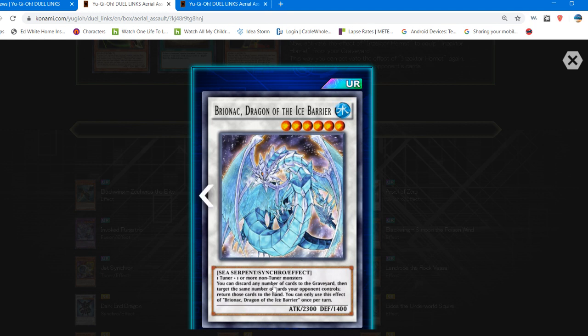You discard any amount of... You used to be able to target cards that you control, but no longer. And you used to be able to use the effect multiple times per turn, but no longer. And I'll explain why that was so broken. So you discard any number of cards from your hand to the graveyard, then target the same amount of cards your opponent controls, return those cards to the hand. You can only use Brionic's effect once per turn. This is good in Duel Links, except that